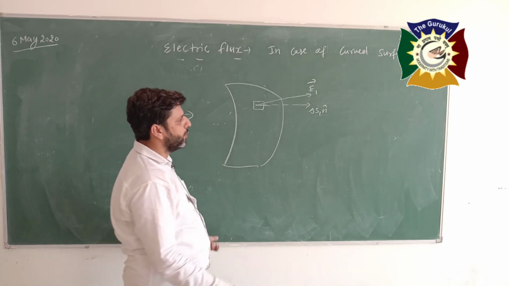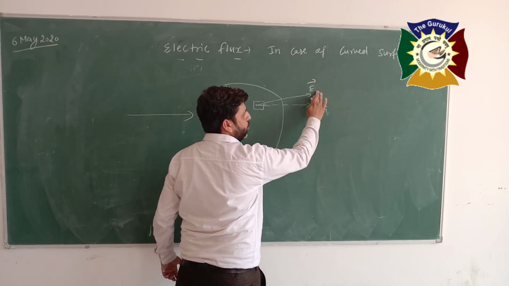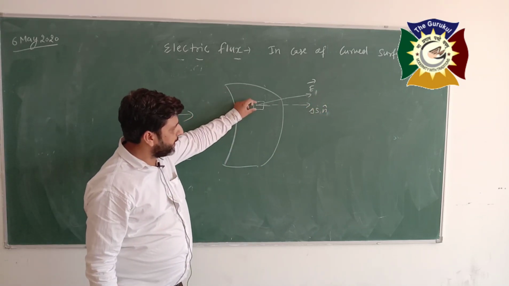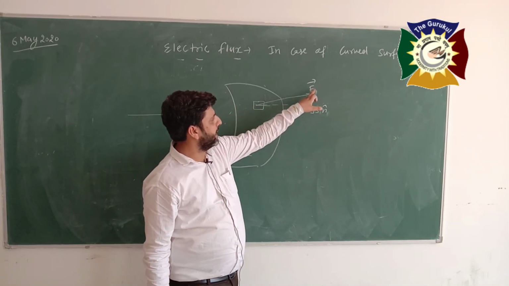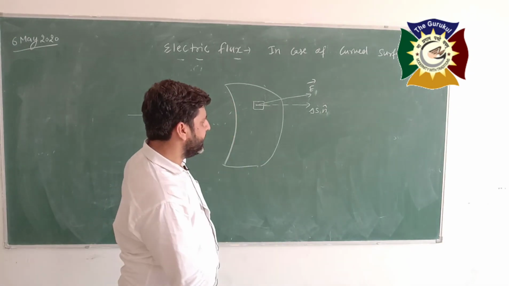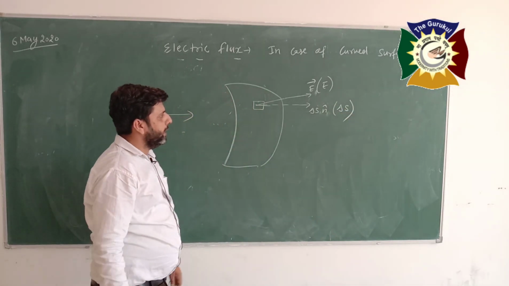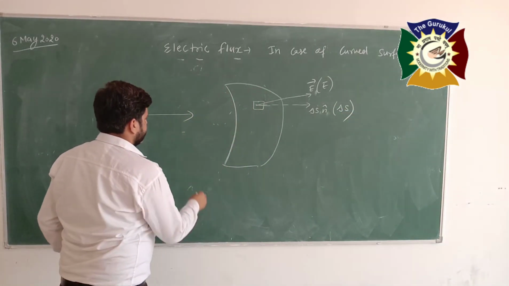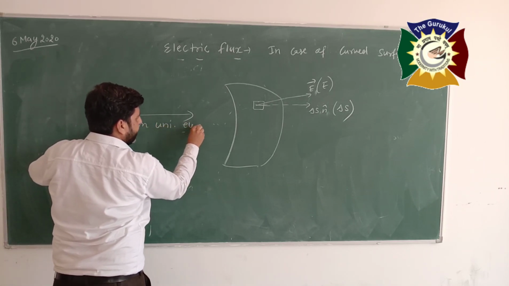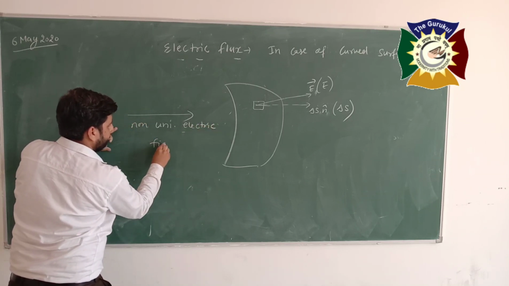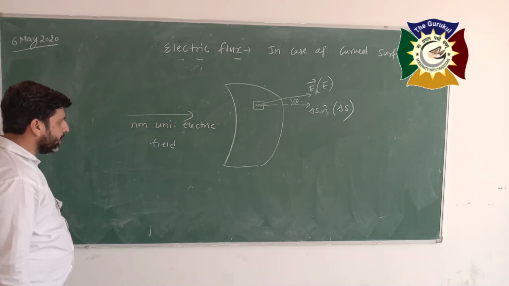Okay, n cap, or you can write it as n1 cap, or arbitrary, if we don't write 1, 2 or 3 here. It is only an arbitrary point, and at this point the area vector has direction delta S n cap, it is the vector, and the electric field E vector. Its magnitude is E, and the other magnitude is delta S. Now tell me, in this case it is a non-uniform electric field. Suppose it has an angle theta between them.